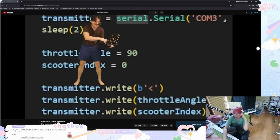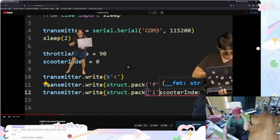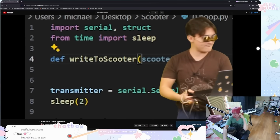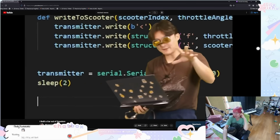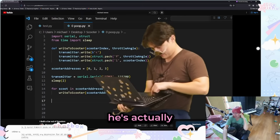These lines down here tell our transmitter to send those variables over to the something. And if we run it, it should... Nice. Now up there, we'll save every scooter address in an array. And now if we loop through that array...